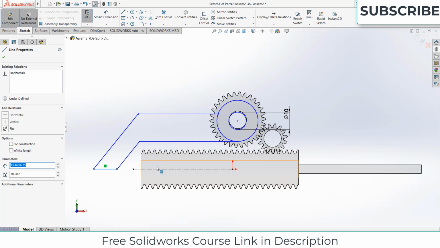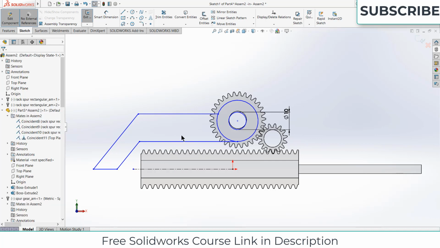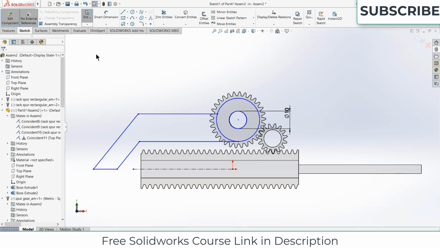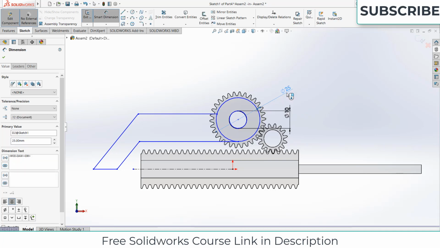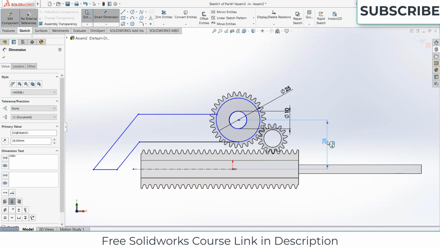Okay, and select this point. Make it horizontal again. Give it a dimension as per your requirement. 25 mm is okay. 28 mm.